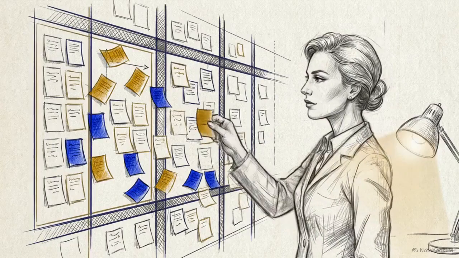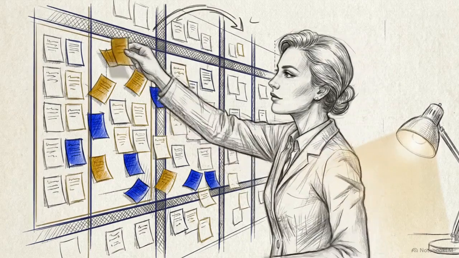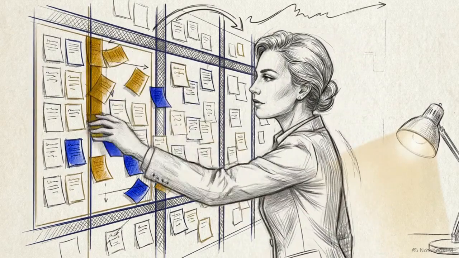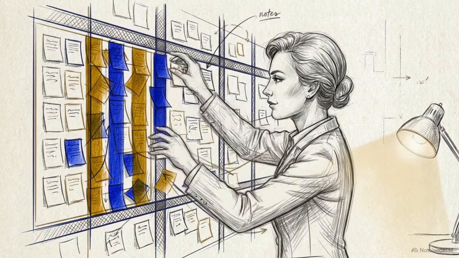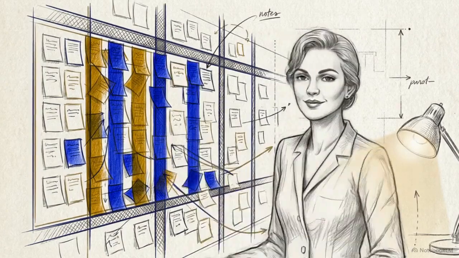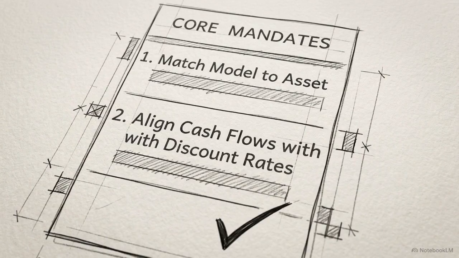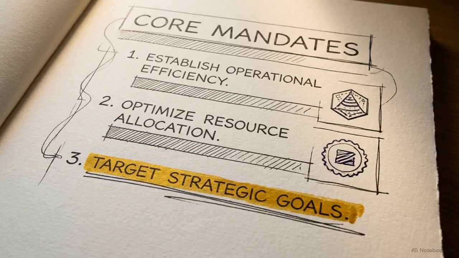Valuation will always contain bias, and forecasting the future guarantees estimation errors. But the discipline of the process forces you to structure that uncertainty. The actual number you calculate is secondary. The true purpose of the process is mapping the core financial drivers of a business, giving you a reliable mechanism to identify and exploit market